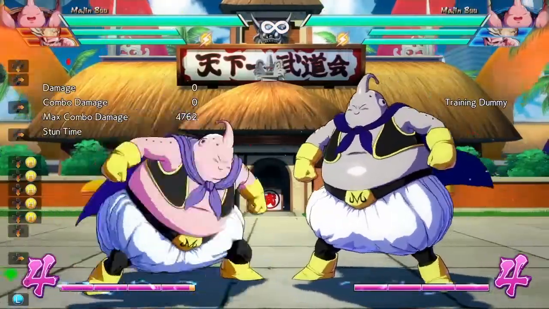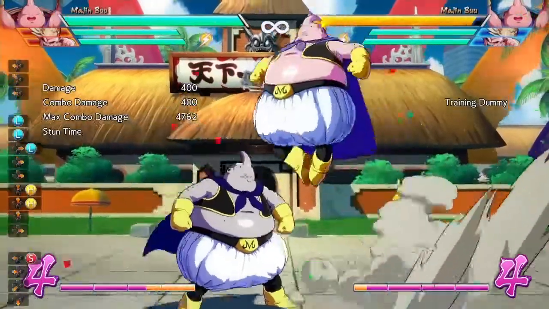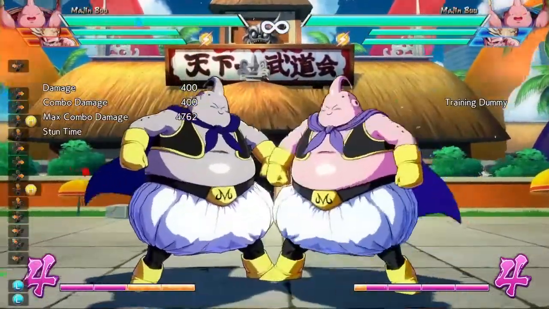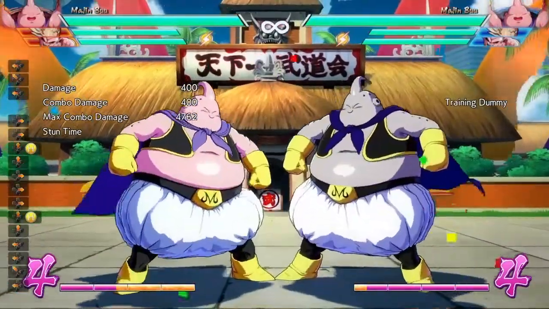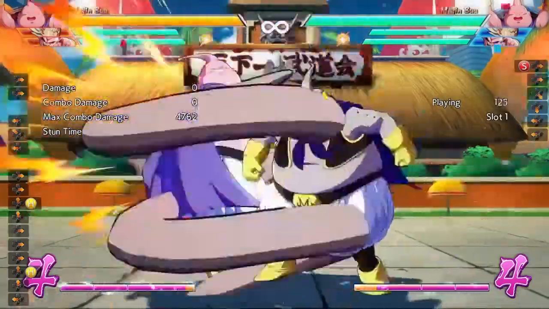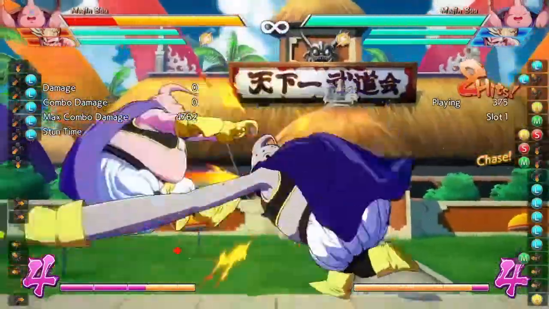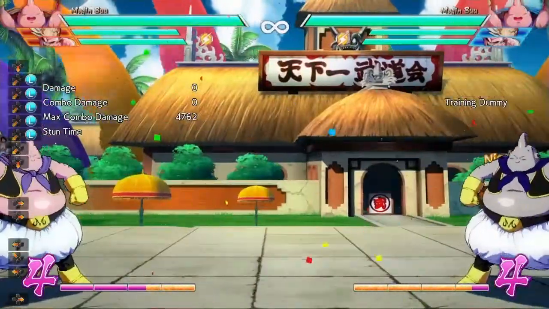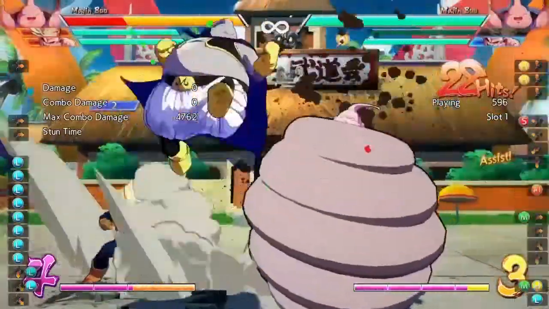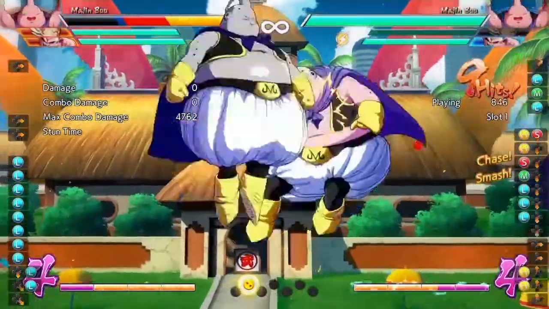So the new way to mix your opponent up would be to do a jumping heavy on the way up of your jump, and then do an air dash out of that. Now the air dash timing is a little bit strict, but with practice you will be able to do it. And from there you're able to do setups like this. You can do a double overhead,